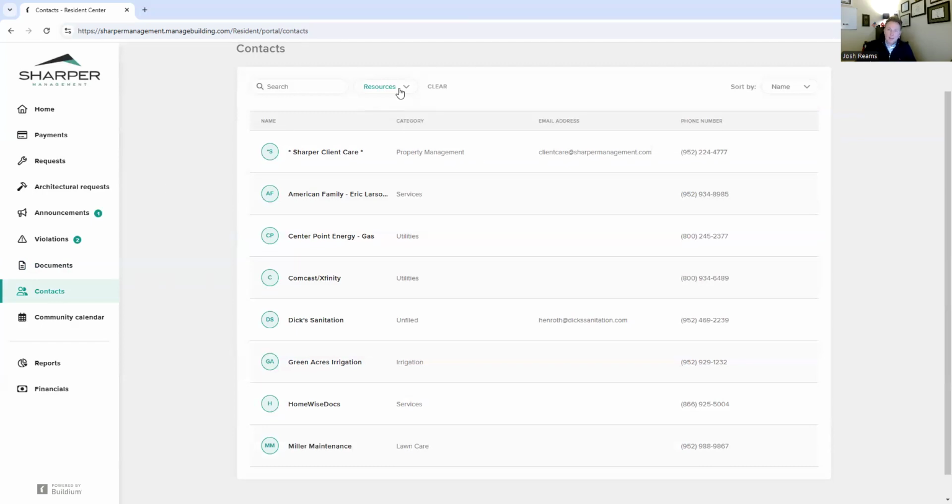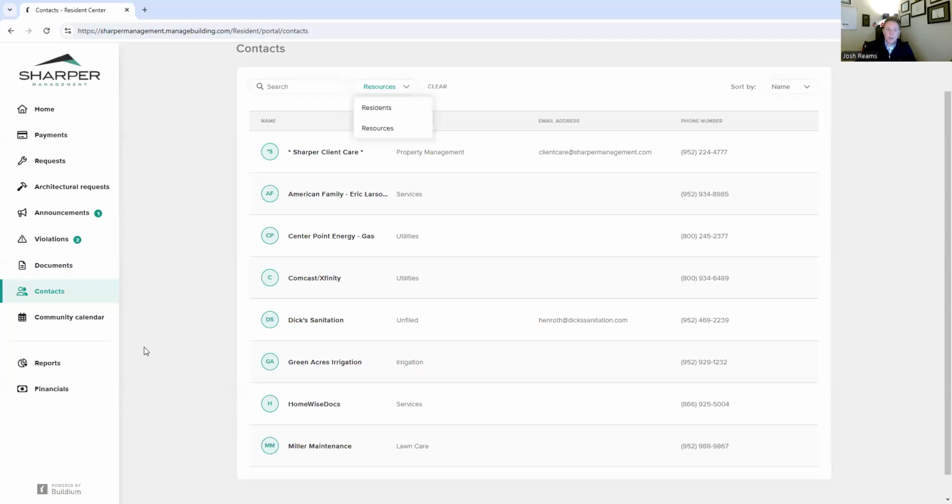The other type of contact that can be listed is the residence. And what this can be is a directory. I'll be honest, it doesn't get used very often because the default is that information is not shared. We have all of the homeowner's contact information on the back end, but when you as a homeowner log in, it's going to ask you, do you want to share your information? And you have to check that box. So for those associations that maybe have a history of creating a directory, rather than the energy to create a directory, campaign to have everybody share their info so that you actually have a working directory on the web portal